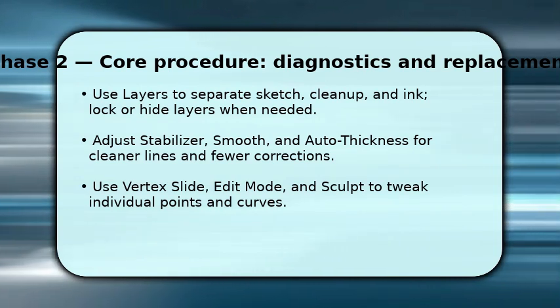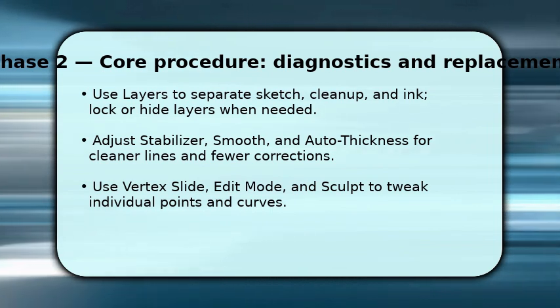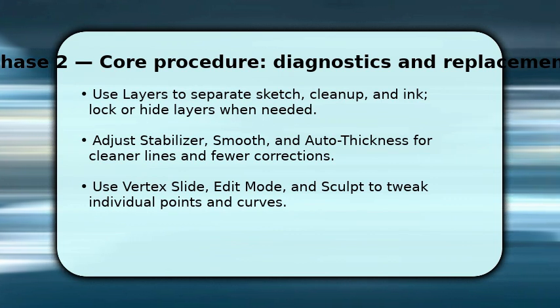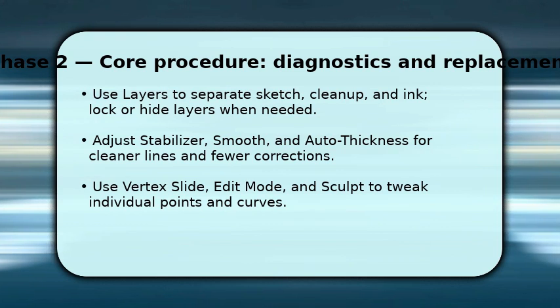Next, refine strokes by enabling stroke stabilizer and adjusting smooth to remove jitter. Auto thickness helps maintain consistent line weight. If a line needs fixing, switch to Edit or Sculpt on the grease pencil object to slide vertices, smooth curves, or simplify strokes. This gives precise control without redrawing, and finish by assigning materials for stroke and fill, then use